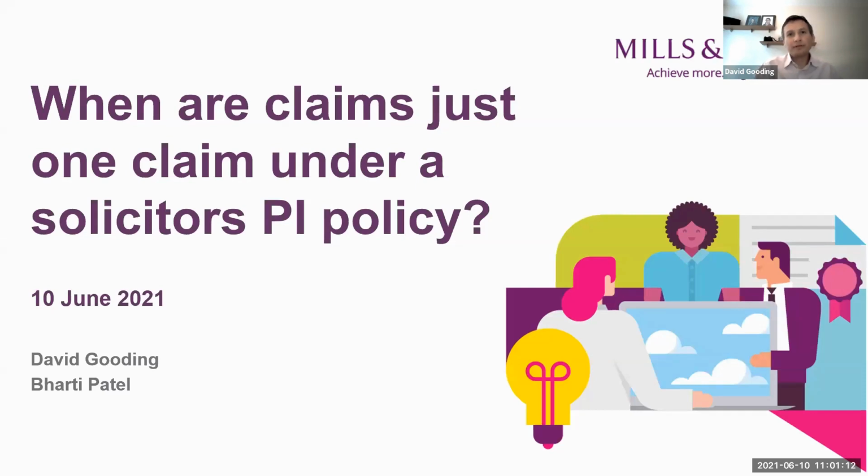So what are we going to focus on? We're going to look at aggregation in solicitors' primary minimum terms policies. Essentially, we're looking at when multiple claims can be treated as one claim under the policy. I would say this is going to be very much a headline overview given the time we have available. We're going to look broadly at all the aggregation limbs in the minimum terms rather than a deep dive into specific limbs. We'll also give you some examples, hopefully, as we go along.